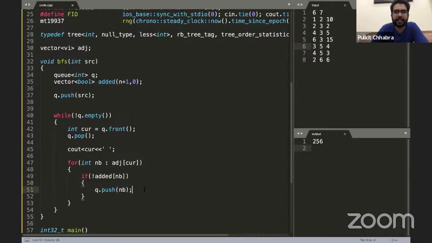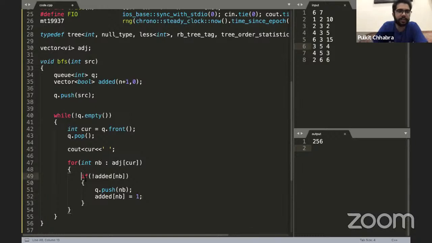Okay, added should be updated. That's nice. So added of NB should be equal to 1. Bilkul, right. Jagannath, you are right. That's what I was expecting. There is one more mistake. There is still one mistake in the code.